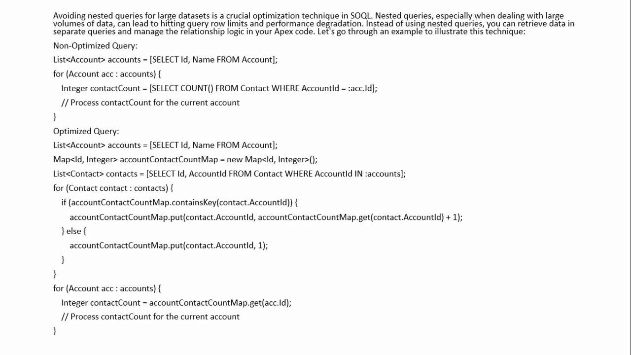Improved performance. In certain scenarios, avoiding nested queries can lead to improved performance by reducing the complexity of the queries and minimizing the amount of data retrieved. More predictable behavior. Managing relationships in Apex code can result in more predictable and transparent code, making it easier to